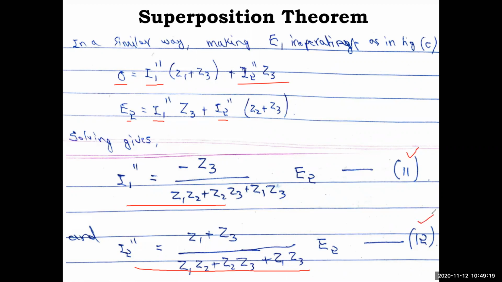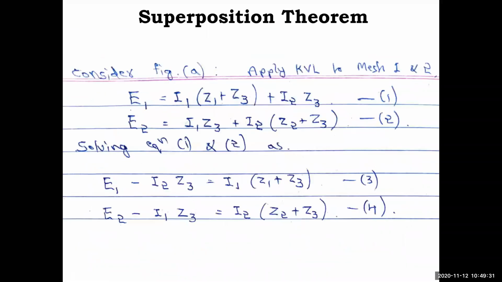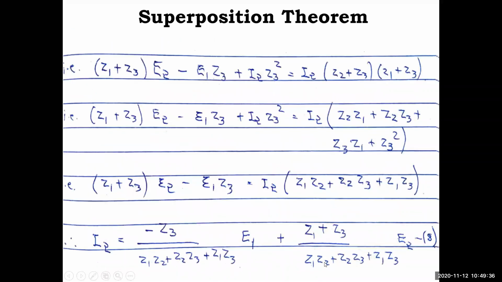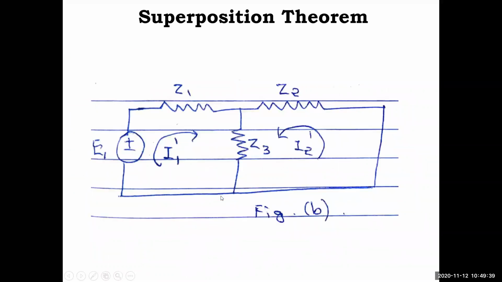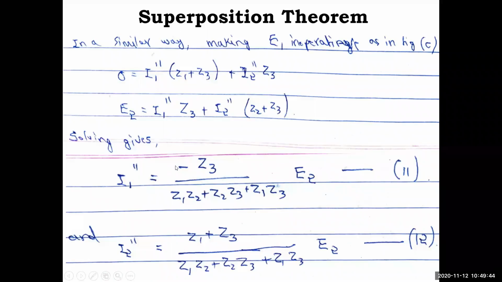Now which equations do you need to compare? This is the interesting thing, that's how the proof has come. Just observe equation 6: it is the total I1 current. Equation 8 is the total I2 current. Equation 9 is I1 dash and equation 11 is I1 double dash. If you see equations 6, 9 and 11, and similarly equations 8, 10 and 12, you will get a